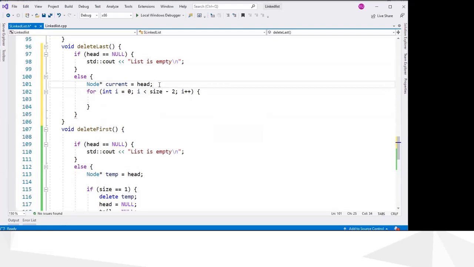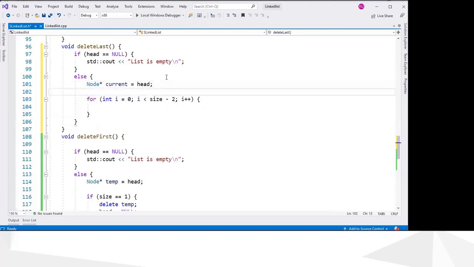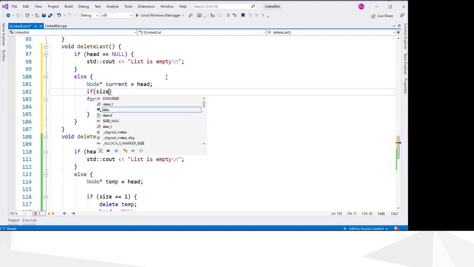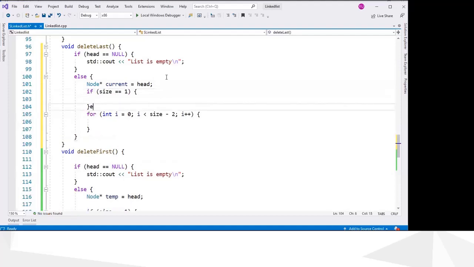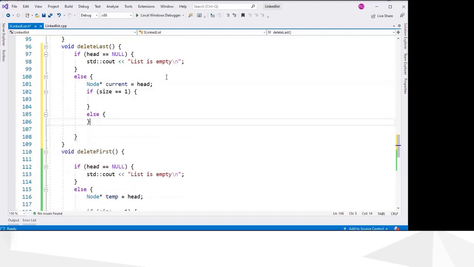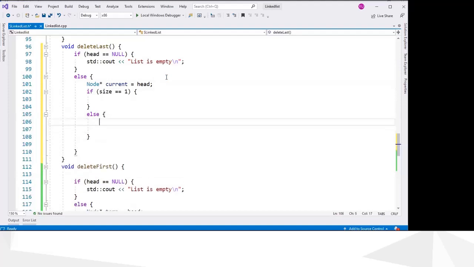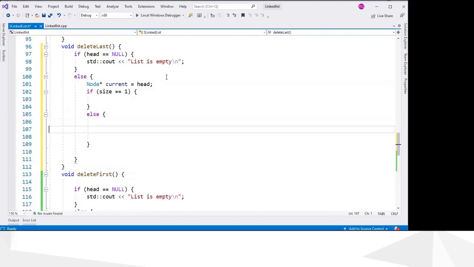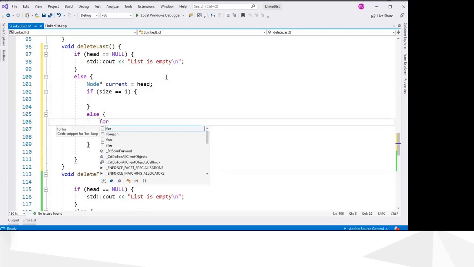So if you have only one node, we have to check that one first. Okay, if size equals 1, we have to do a separate case, and if it is not, so size is more than 1, we have to use the for loop. So I will write the for loop.